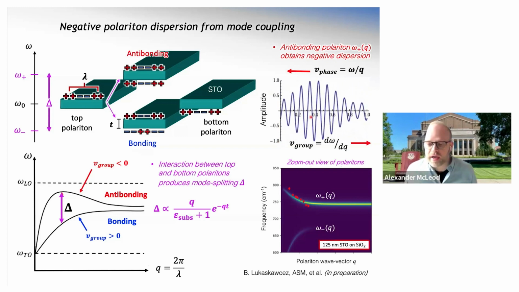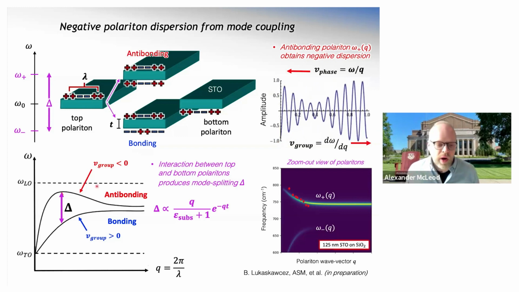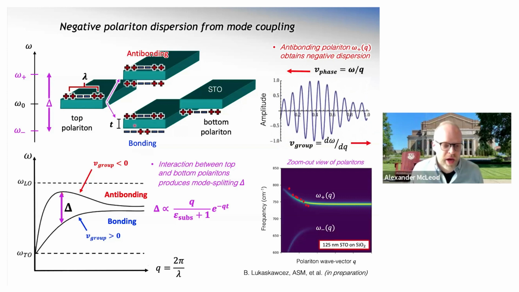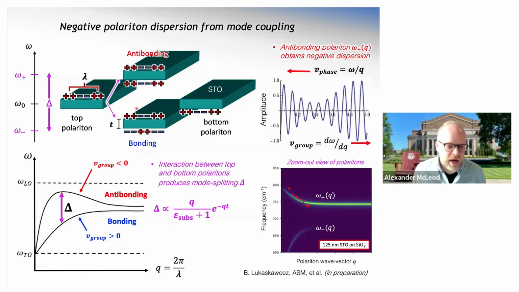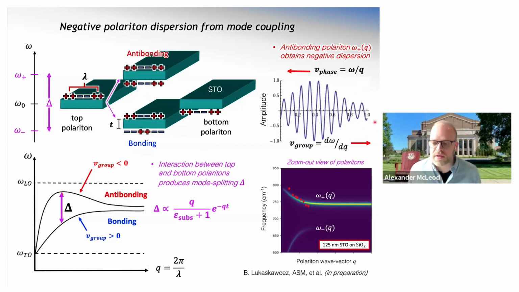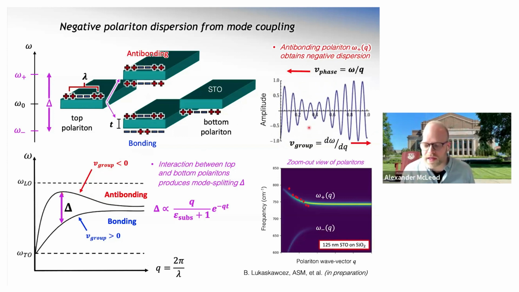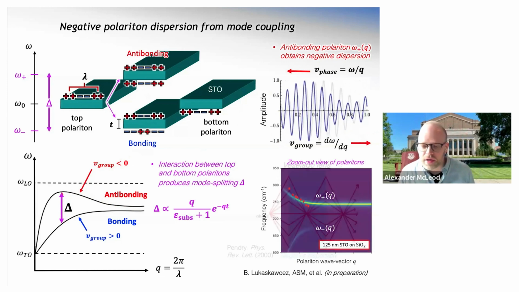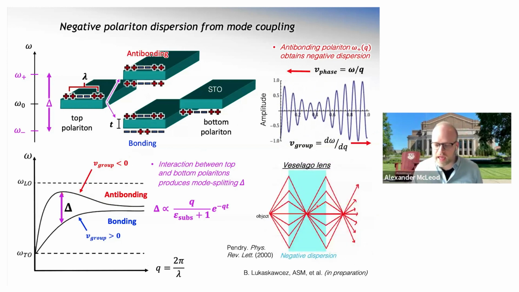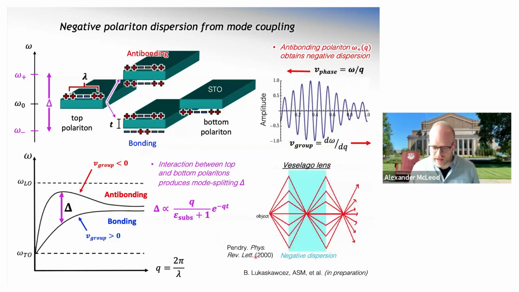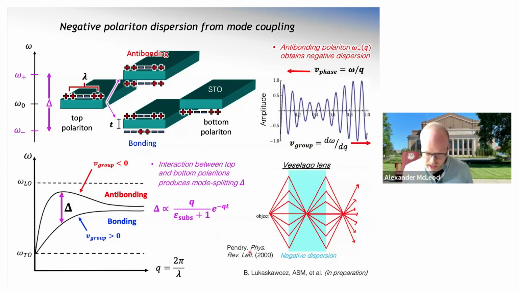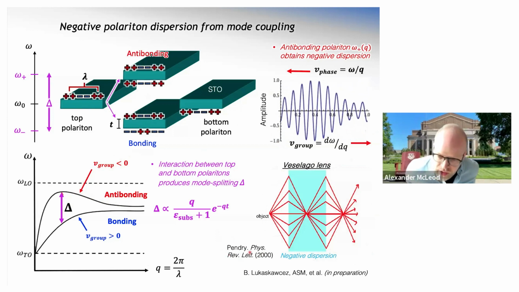This is a very oddball situation where by making this membrane into a sufficiently thin layer and having interaction between these two polaritons, we generate this anti-bonding polariton. And that anti-bonding polariton naturally has a negative group velocity. This negative group velocity is not encountered normally in nature, but it's an ingredient for manipulating light fields to very acute effect, like has been suggested by John Pendry back in the year 2000,